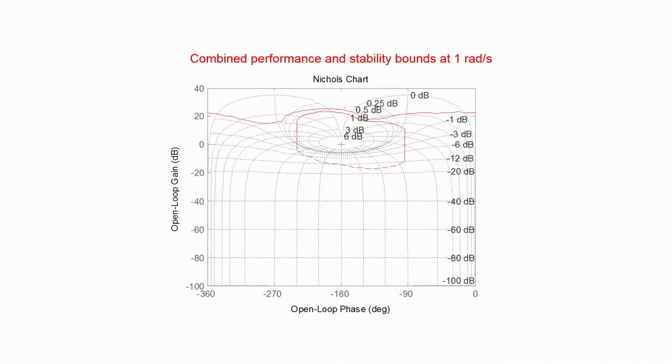Now just as we had the performance specification divide the Nichols plot into two regions, one where the loop gain of the nominal system is allowed to lie in order for it to satisfy the robustness requirement, and the other where it is not allowed to lie, so also we have in case of stability two regions in the Nichols plot, one where the loop gain is allowed to lie and the other where it is not allowed to lie. So what I have therefore shown in this particular slide are the two bounds.